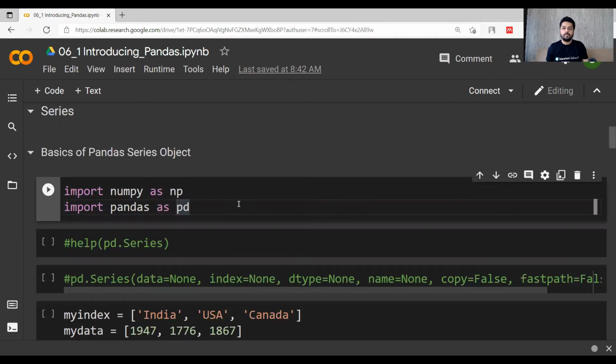Before we start implementing the series in Pandas, we have to import NumPy and Pandas. So I am importing NumPy as np and Pandas as pd. Now